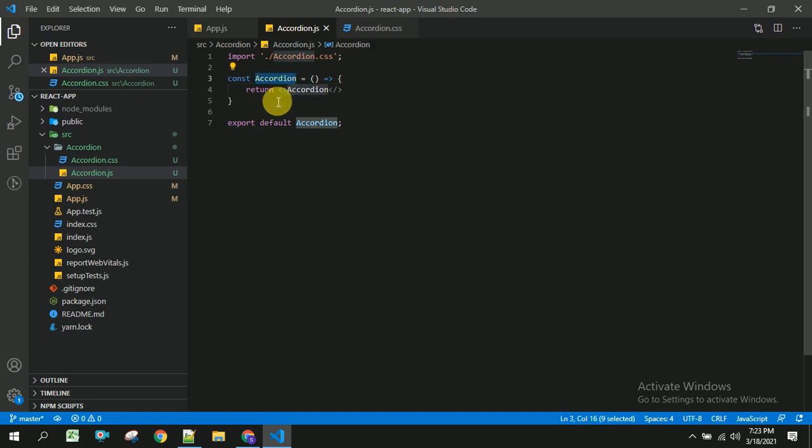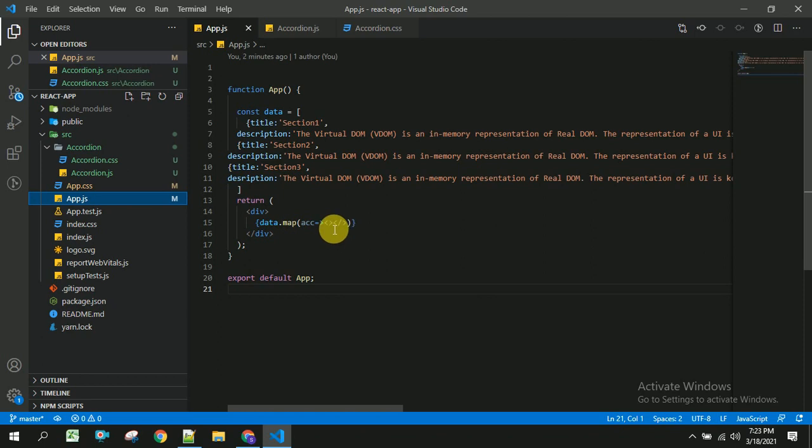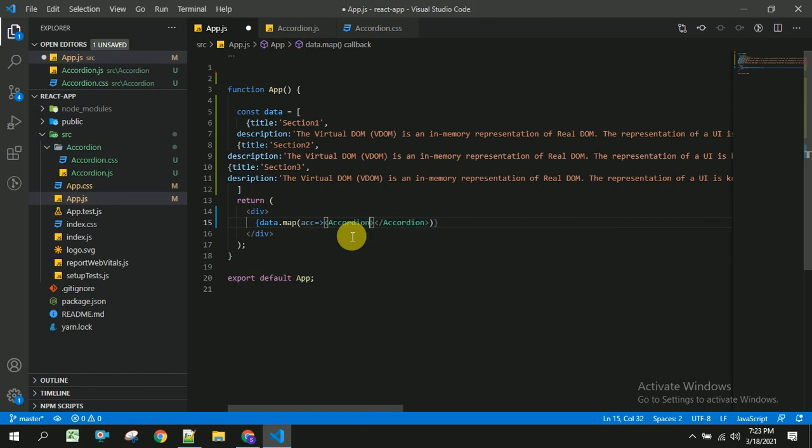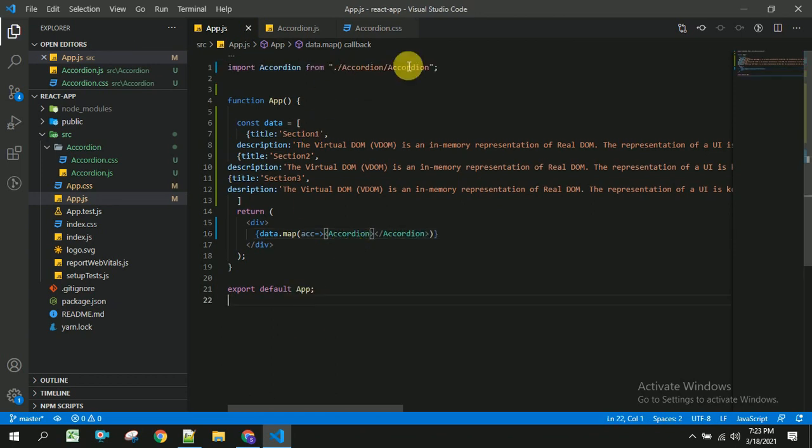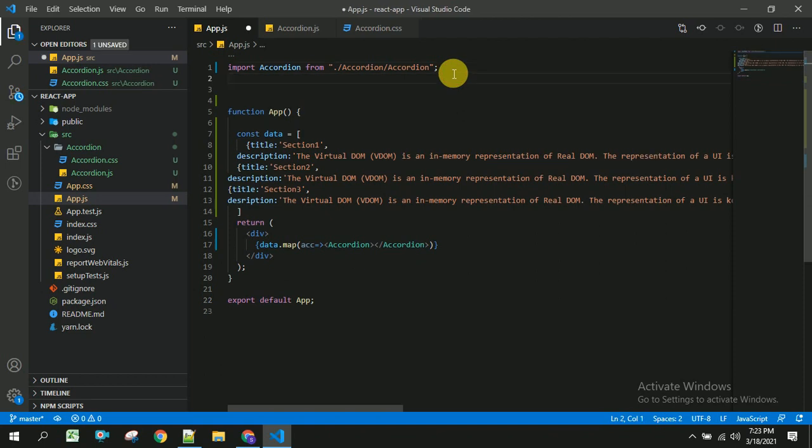Now I am going to use this accordion in my app.js. We should be able to get some intellisense here. Yeah, we have got this, and let us save this. Now I am going to import accordion CSS, or you can write this in app.css, but I am writing that in the accordion file: slash accordion slash accordion.css.